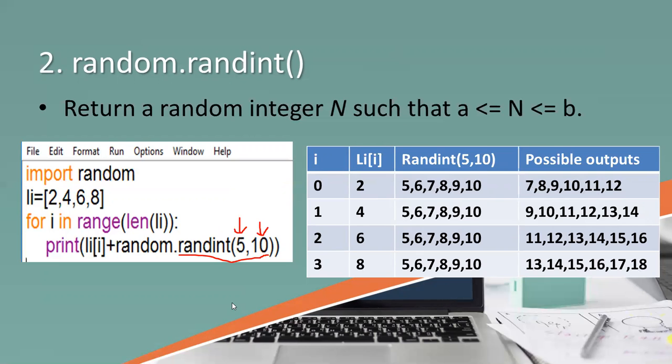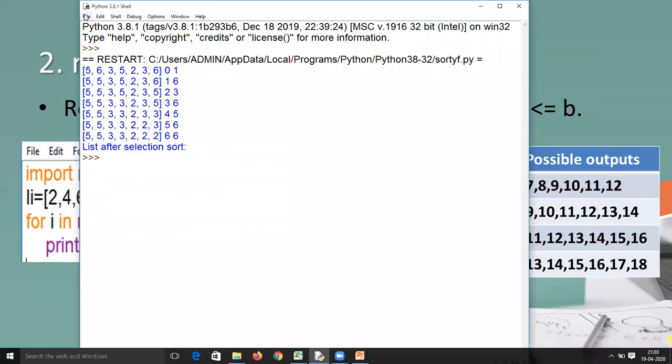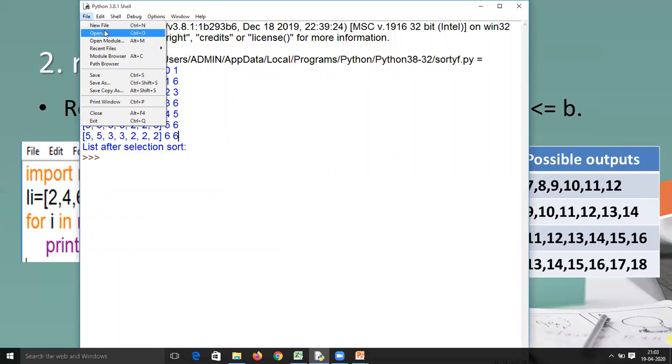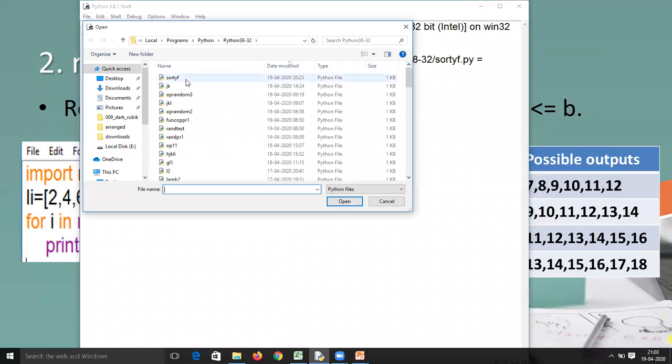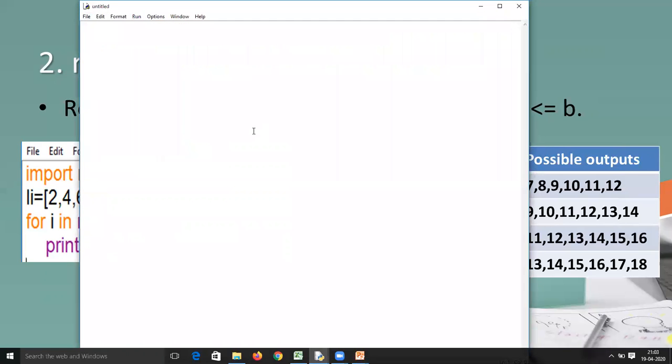Okay, so suppose I make a Python code for this. Suppose we make a Python code, we just check how it works. I am importing the module, import random, and I am printing the output as print random.randint.